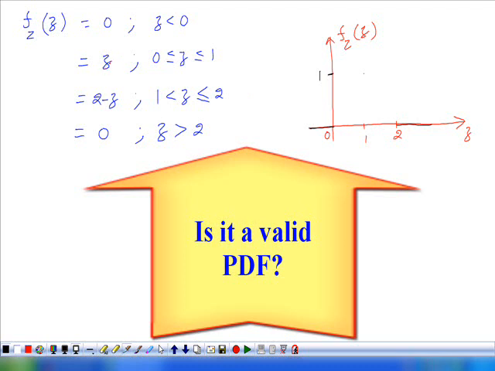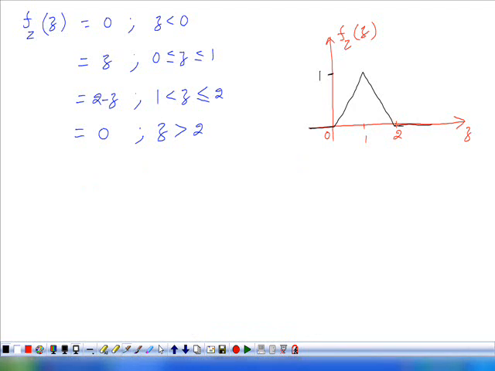What this indicates: Fz of Z equivalent to Z is a straight line passing through the origin with slope 1. So therefore, this one, 2 minus Z, is also a straight line passing through the points (1, 1) and (2, 0). Okay. Its slope is negative. This is minus Z. See here, when Z is equivalent to 2, if you substitute Z equal to 2, what will you get? 2 minus 2, 0. When Z is equivalent to 2, it is 0.